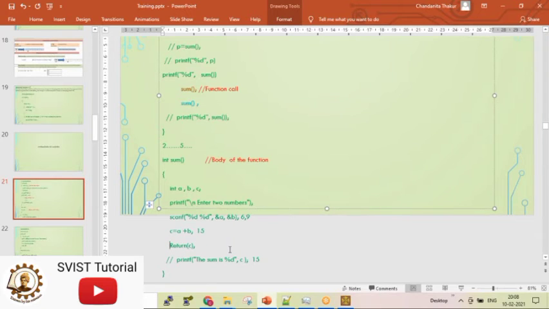I will be returning it from the function to the main function. So this return C means it is 15, let's say. So 15 will be returned at this point. So %d will print what? %d will print 15.